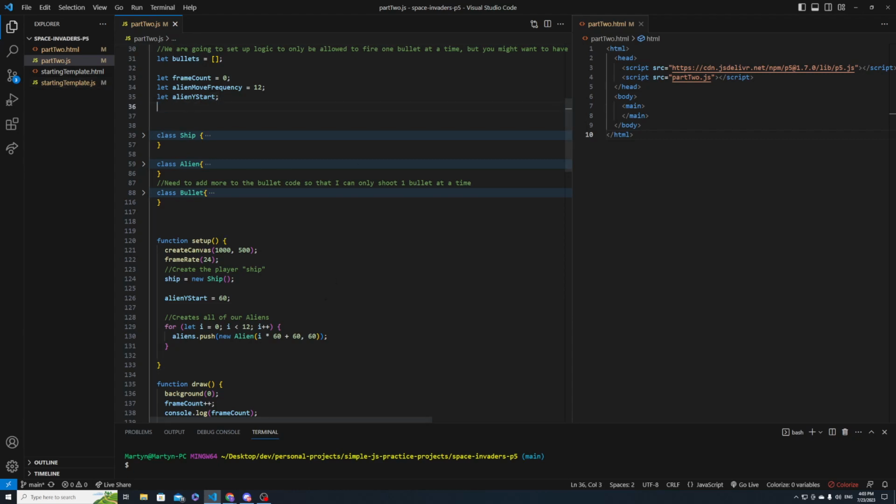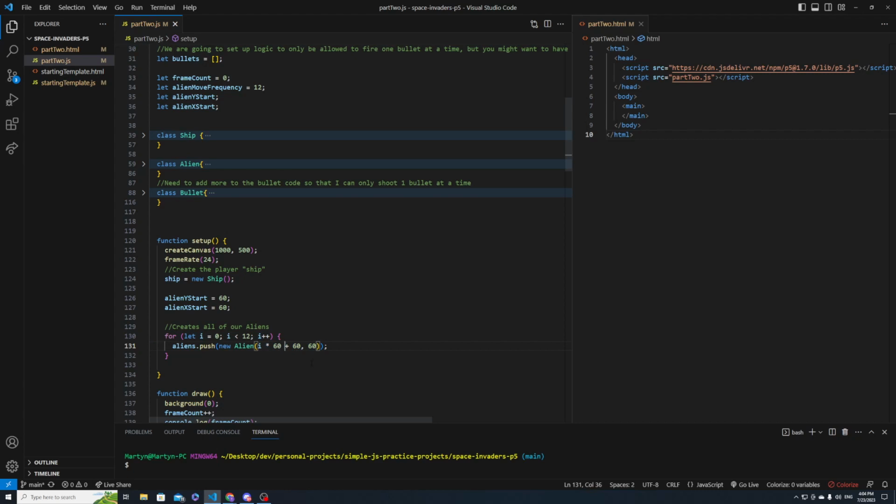Actually, we don't even need an alien x start because we probably want... Well, actually, no. Maybe we do want that. So let's also set that to 60. So by creating these variables, instead of hard coding the starting values, what we can do now is we can